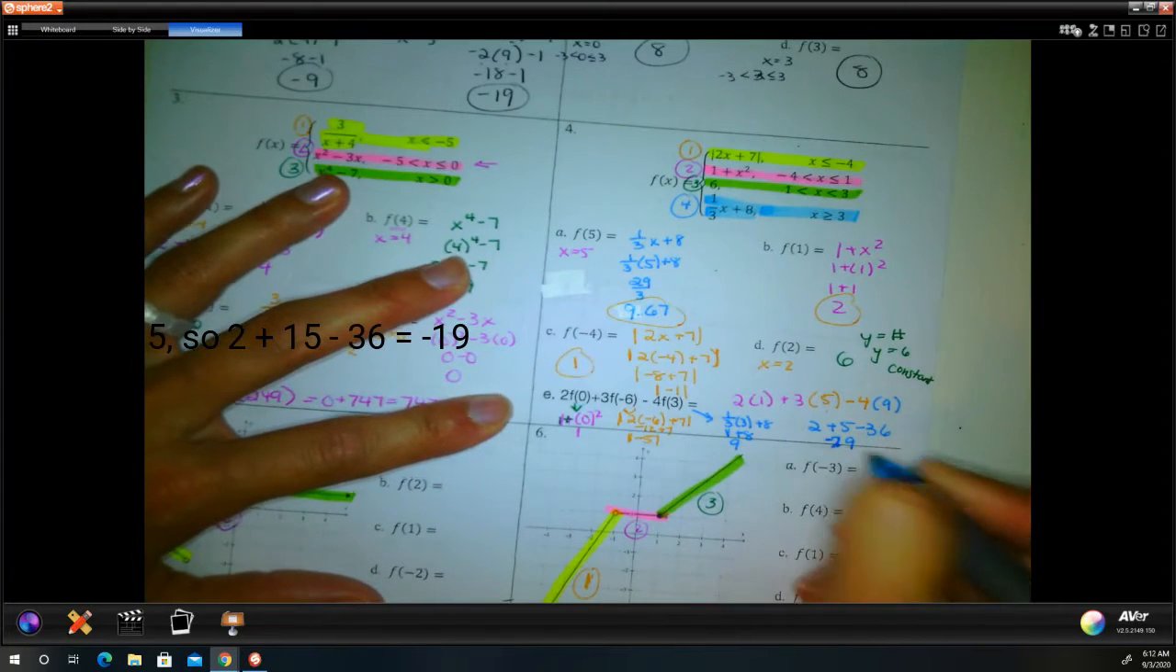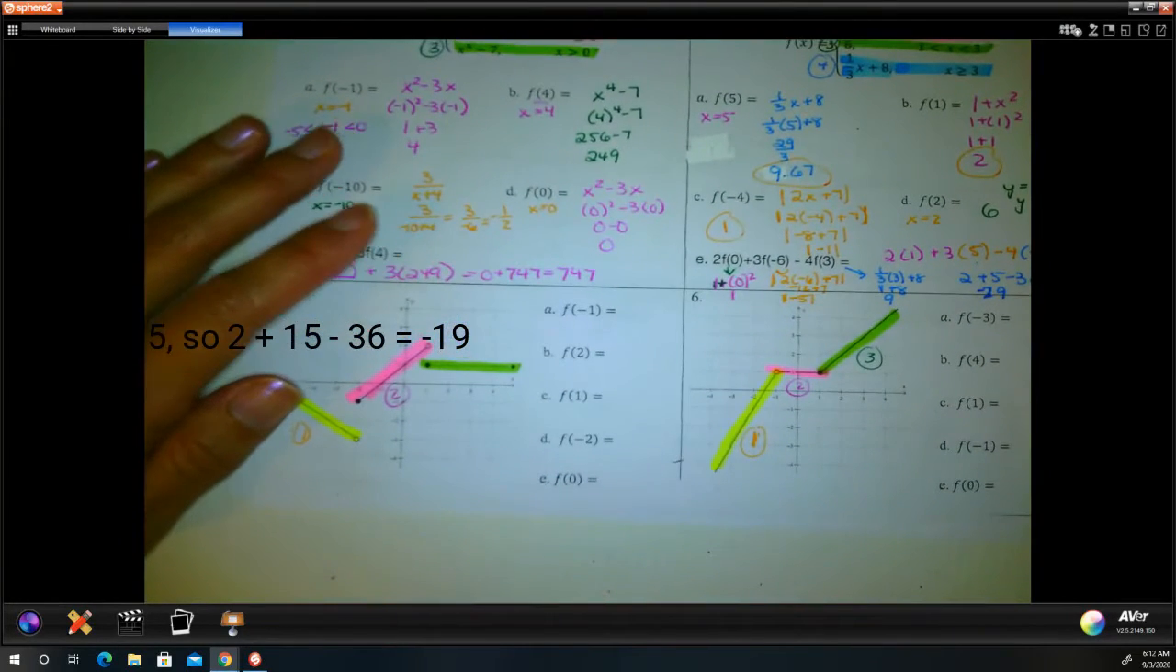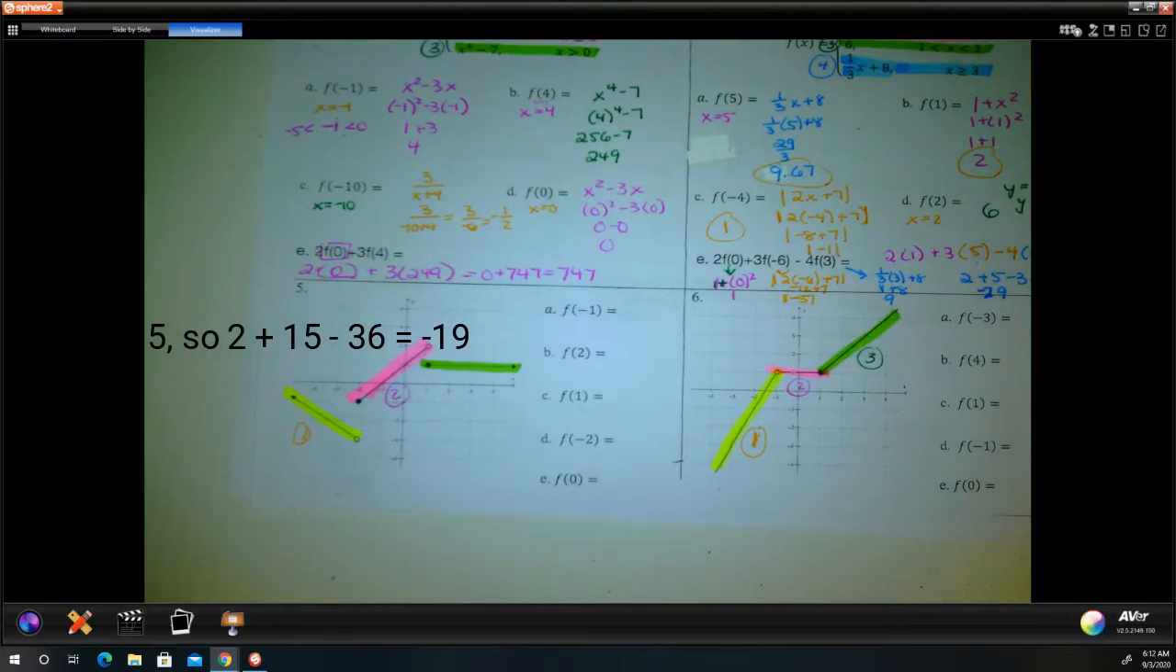Should be a negative 29, y'all. I'm sorry. All right, I'm going to move on and try to pick up the pace. I might have to do another video for page 4. So we have